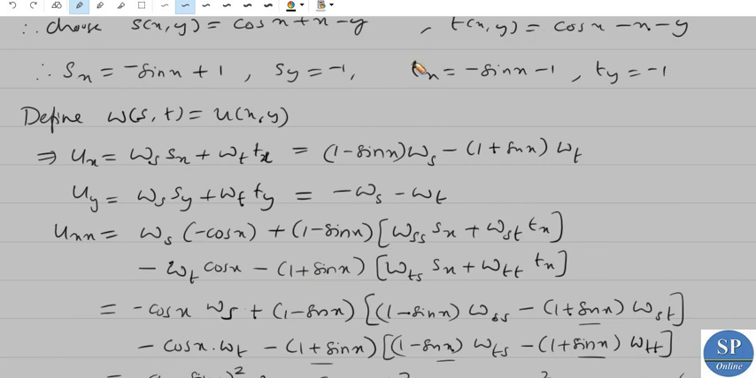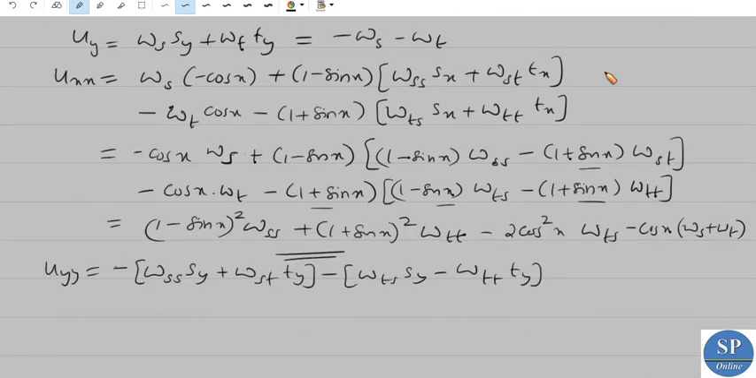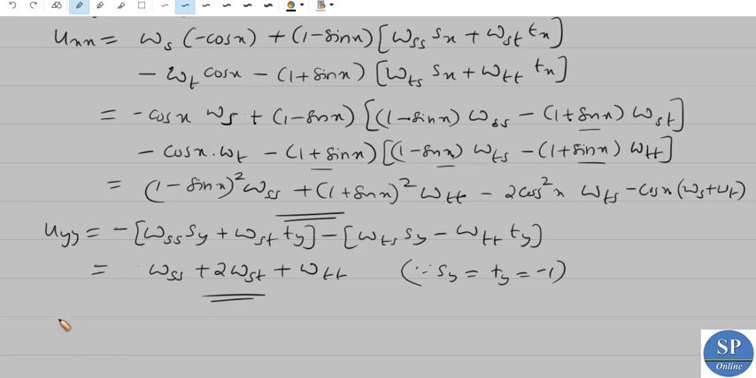Okay, we have sy and ty are minus 1, so here we get minus 1 and minus 1, so wss plus wst plus wst plus wtt, so we get wss plus 2 wst plus wtt, since sy equal to ty equal to minus 1. Okay, so we have this uyy. Now we have to find uxy. This is partial derivative of